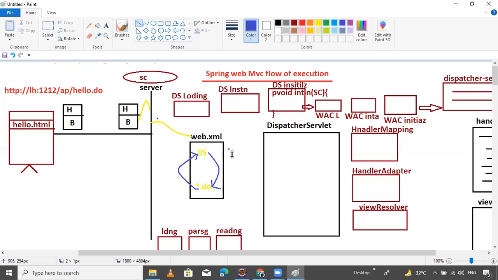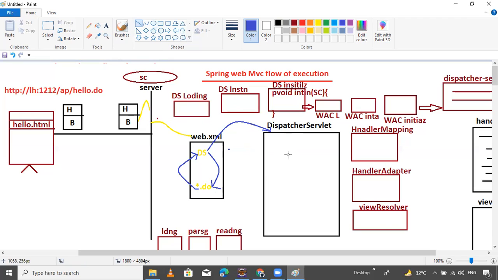Then the dispatcher servlet goes to the dispatcher servlet file.